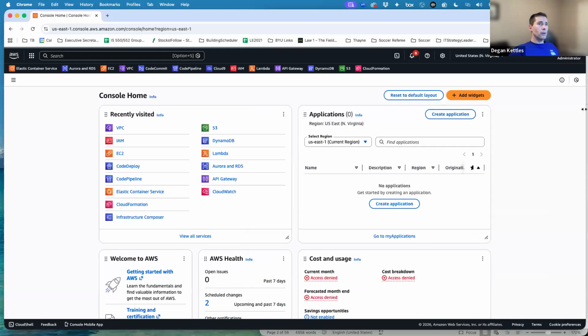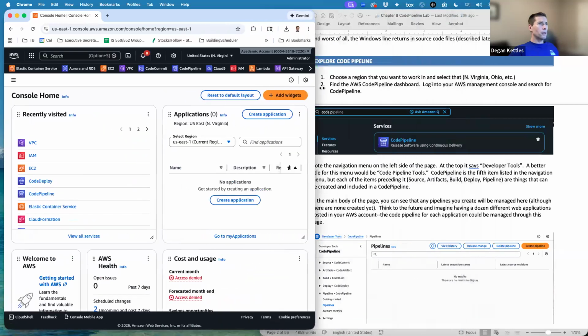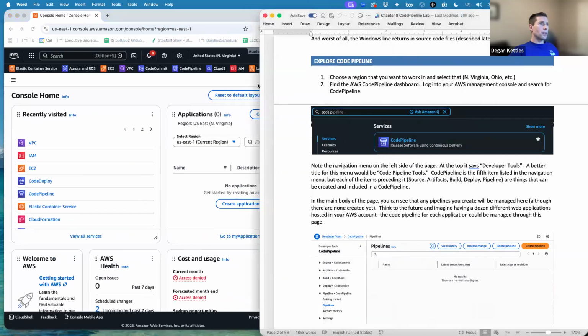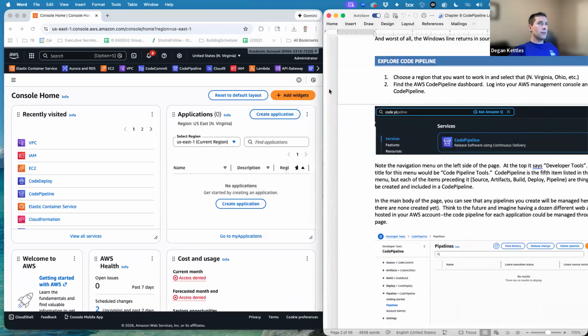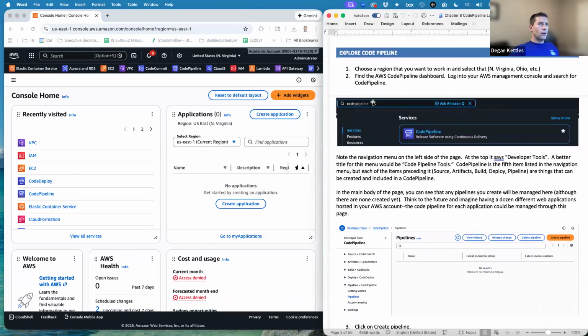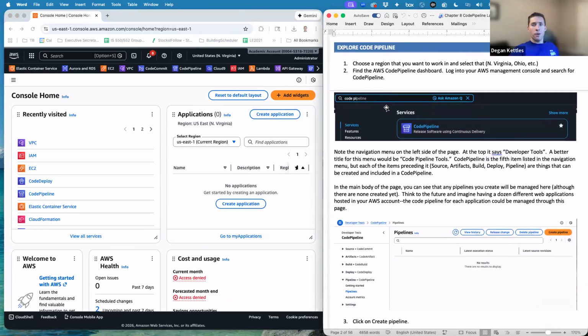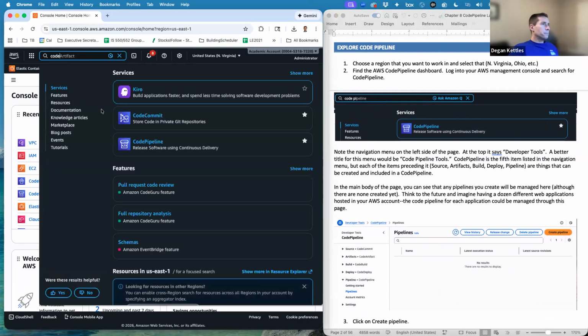So maybe I'll shrink this page up a little bit so I can see both pages at the same time. Even though I just did all of this yesterday for like 4 hours, I don't have it memorized, so I'm going to go off of my notes. So first off, I'm going to look for Code Pipeline